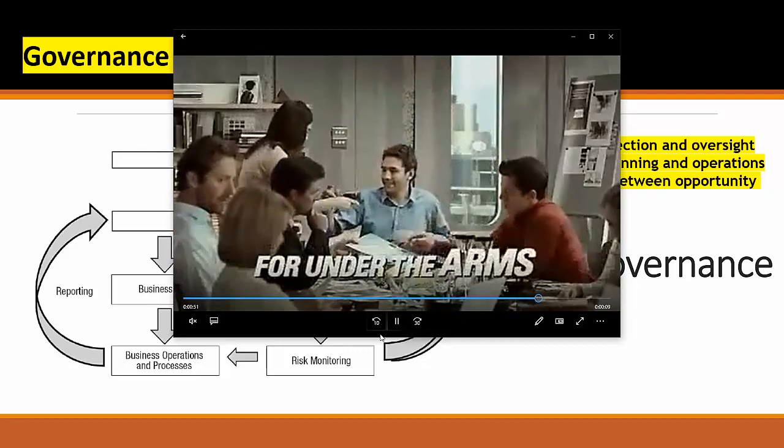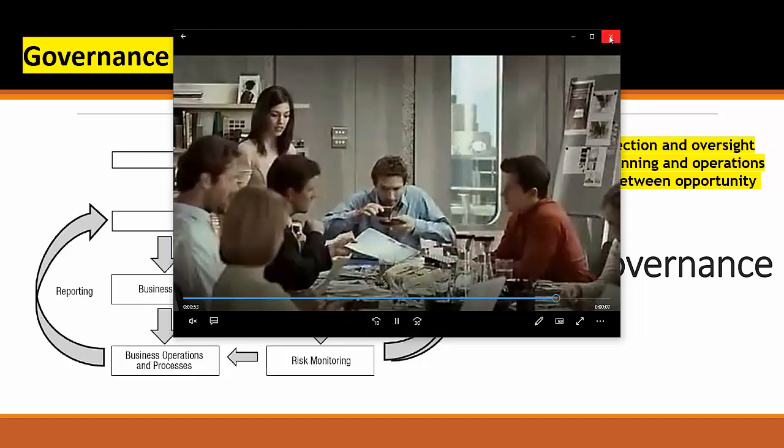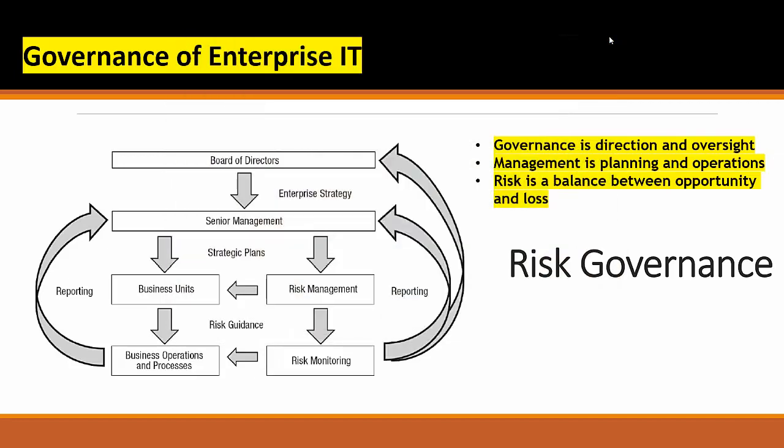So in this video, what you notice is no rules, no regulation, everything is messed up. So that is a perfect example of the lack of governance. When you're talking about governance, governance is all about direction. It's all about oversight. It is all about policies, procedures, and organization structure, organization hierarchy. That is called governance. Presence of policy, presence of organization structure, presence of accountability, presence of strategy is evidence of good governance.